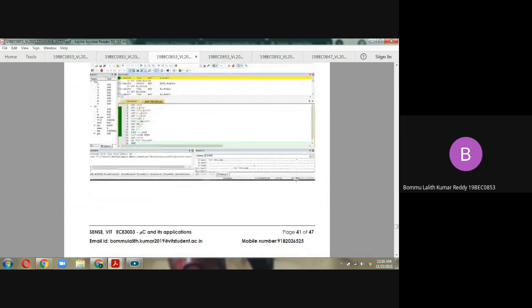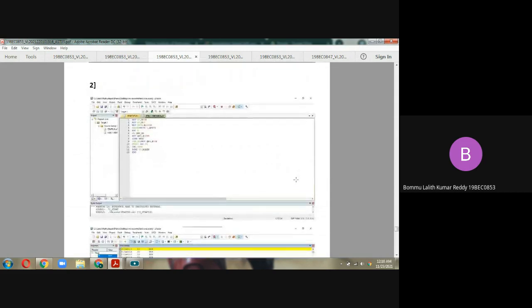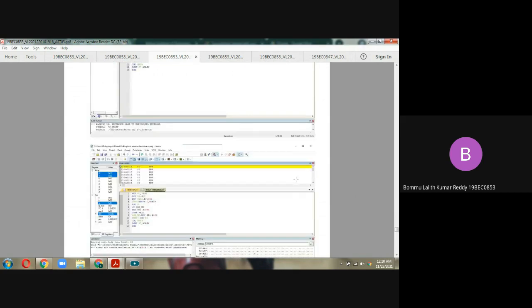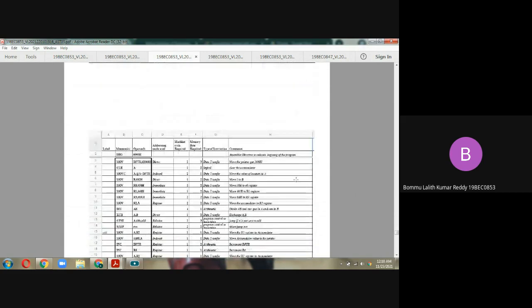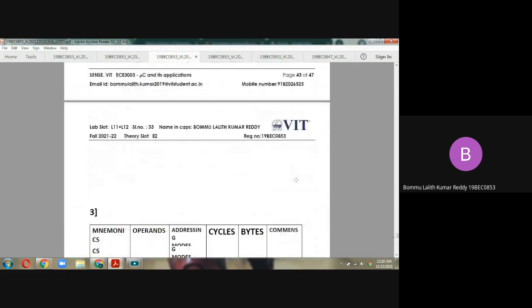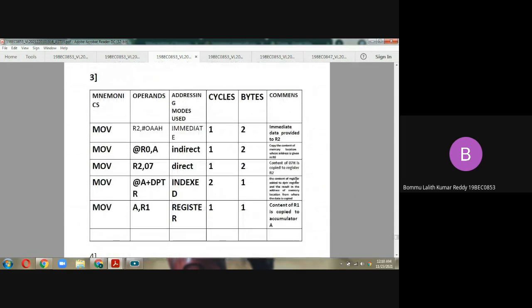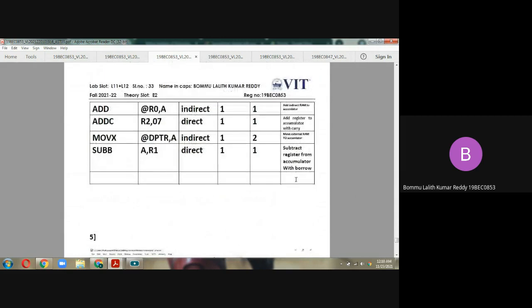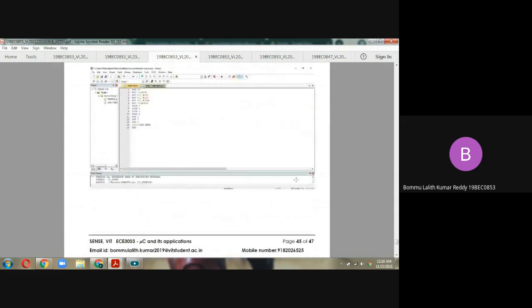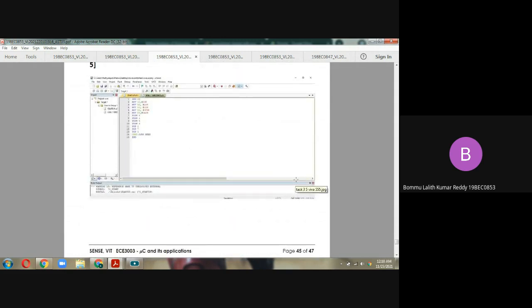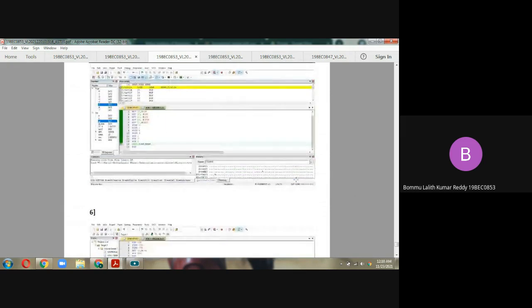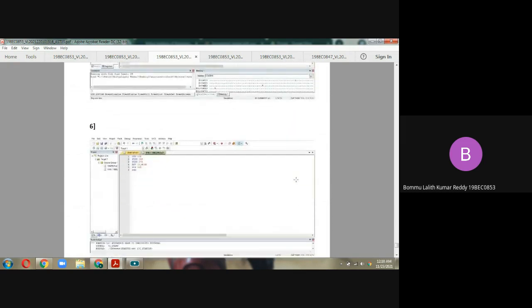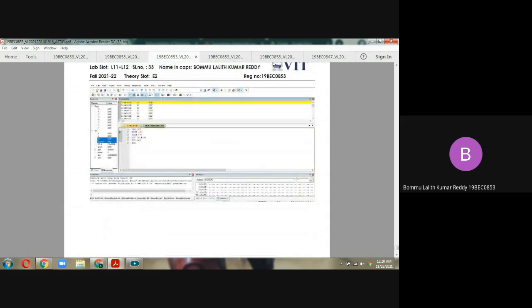So this is the output for the first question, and this is the output for the second question, and these are the tabulation for the second question, and this is the tabulation and the output for the third question. This is for the fourth, and this is the output for the fifth. So this is the code for the fifth question. At last, the code for the sixth question and the output is this one.